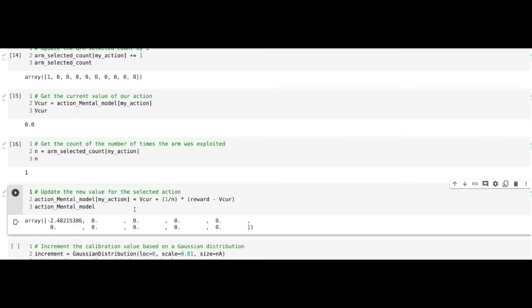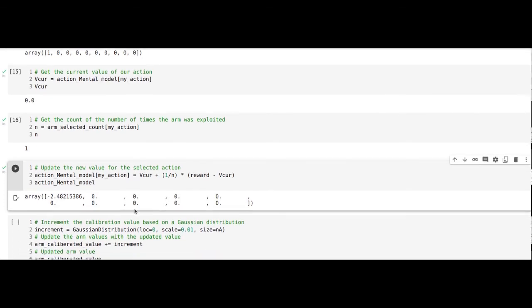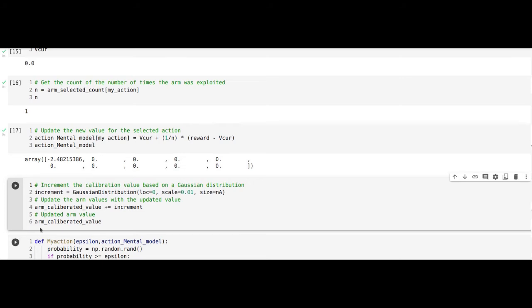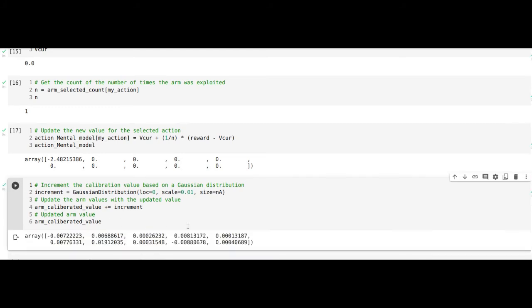Now the next step is to increment the Gaussian distribution, or the reward generation process. As we said, this is a non-stationary kind of distribution, so we have to update it. We generate a Gaussian, and we find what the reward values should be incremented with.